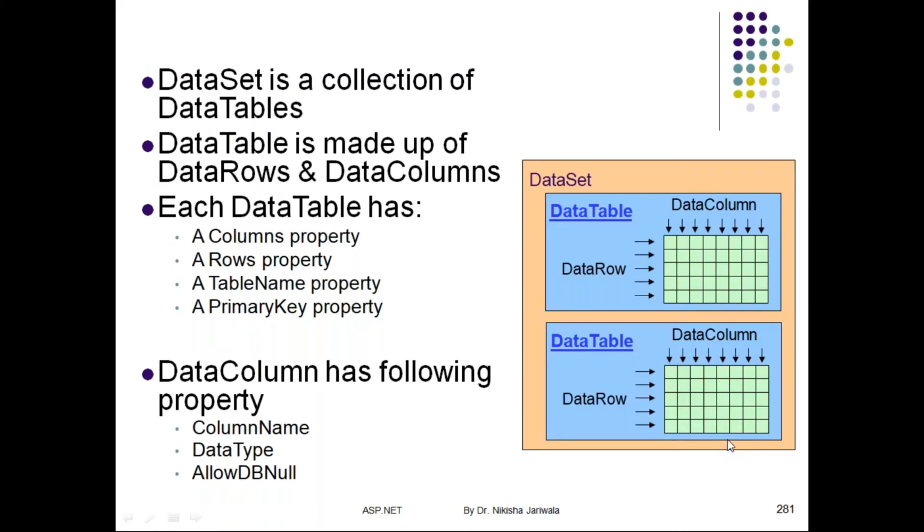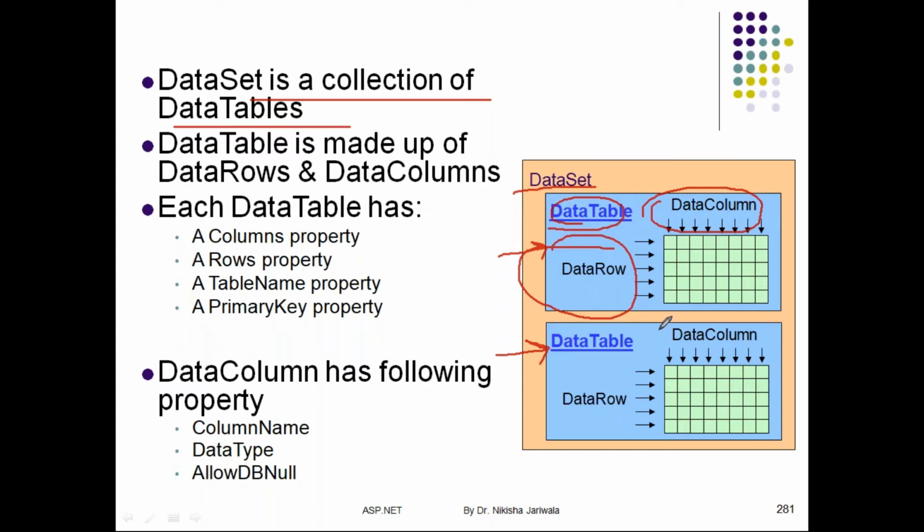All right. So as we have seen, a data set is a collection of data tables, which means it can contain more than one data table. Now, if we consider one data table, then it is a collection of data columns and data rows.